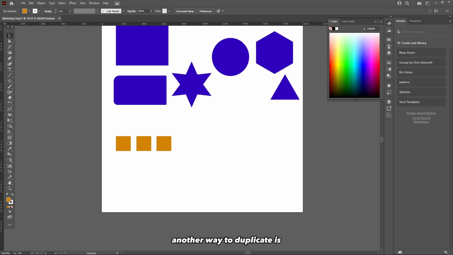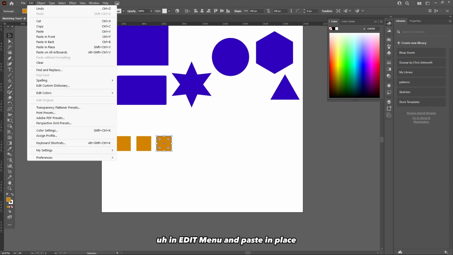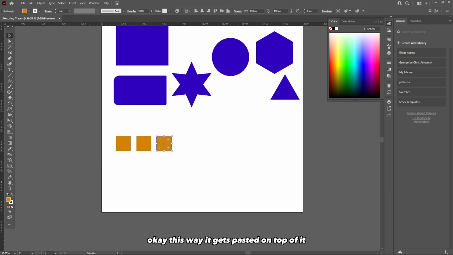Another way to duplicate is, what if we want to duplicate it and it should be pasted in place on top of it? How we are going to do it is we're going to copy it with Control C, then in the Edit menu choose paste in place. This way it gets pasted on top of it. This is very helpful, and we're going to see how this is